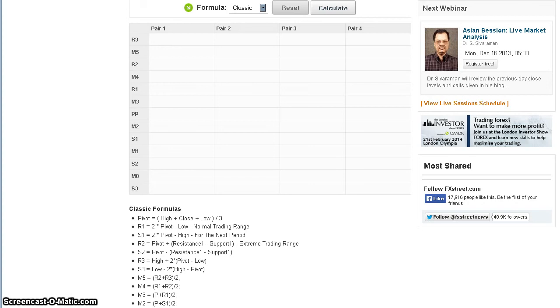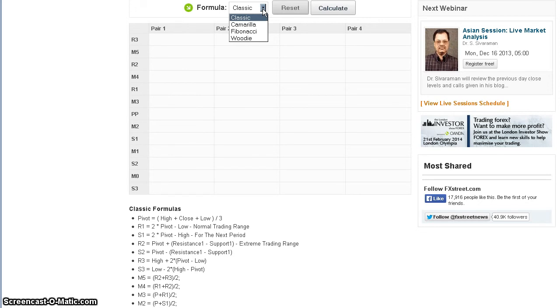But another thing here is this would be the classic formula. Then you have your choices. Now you got, I don't know what that Camarilla is, but Fibonacci, I've heard of that, and Woody, I've heard of Woody. He's like the oldest trader in the world. That's like Bill Williams, I guess, inside these platforms, and of course you've got to find something that fits your trading style.